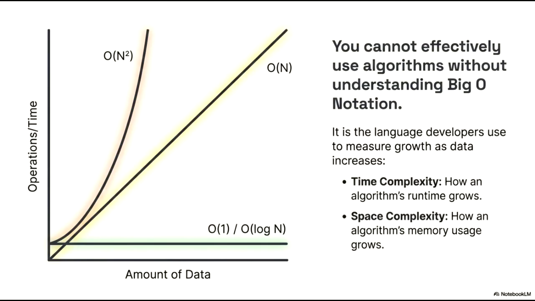As illustrated by the graph, the performance impact of these complexities varies significantly. While constant or logarithmic growth, denoted by O(1) and O(log n), represents optimal efficiency, linear O(n) growth scales proportionally with data. In contrast, O(n²) illustrates quadratic growth, where execution time rises sharply, making it far less efficient for large-scale